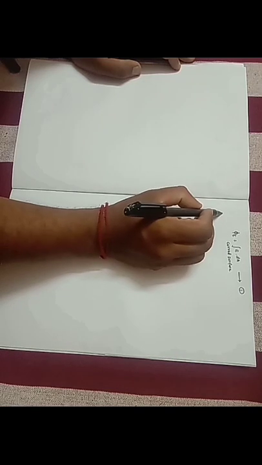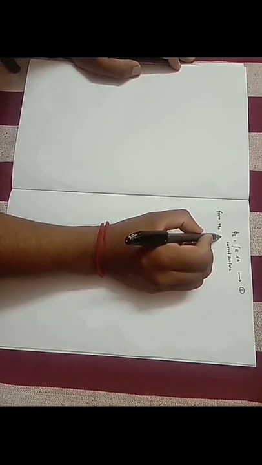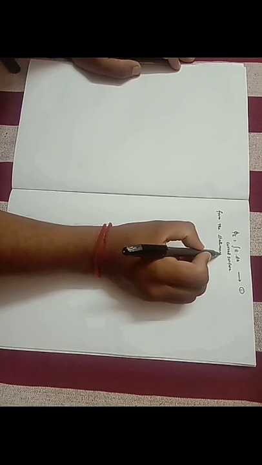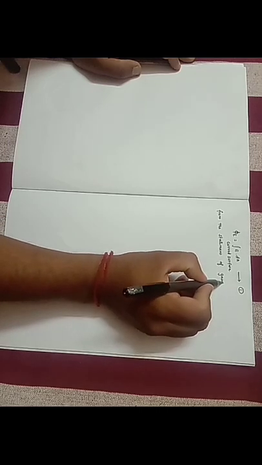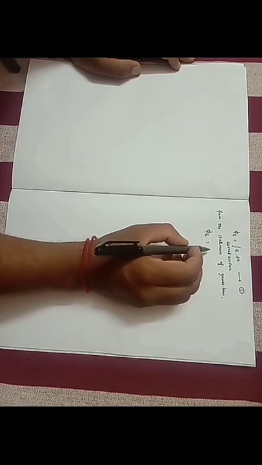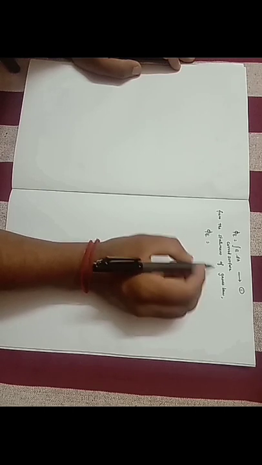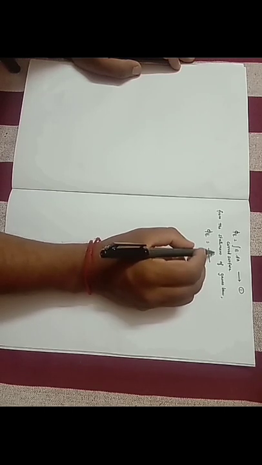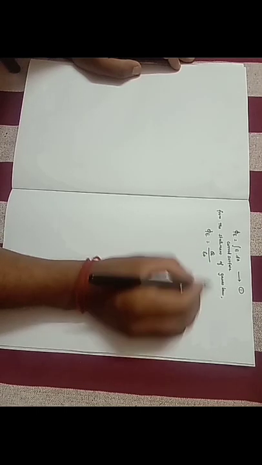Okay students, from the definition of Gauss law, what is the statement of Gauss law? The total electric flux for any closed surface is 1 divided by epsilon naught times the net charge enclosed by the surface. So we take this as equation number 1. From the statement of Gauss law, we can write the total electric flux of any closed surface is 1 divided by epsilon naught times the net charge enclosed by the surface. We can write it as the net charge Q divided by epsilon naught.